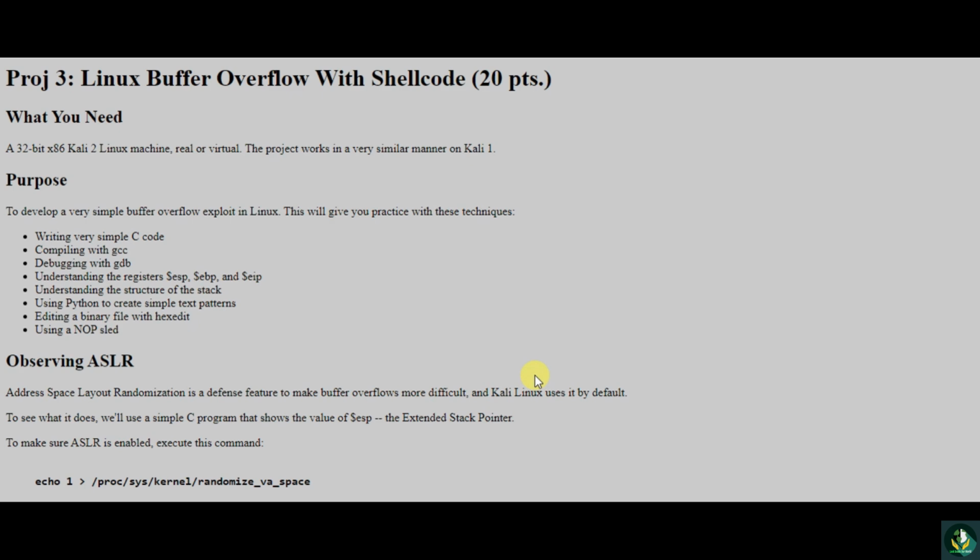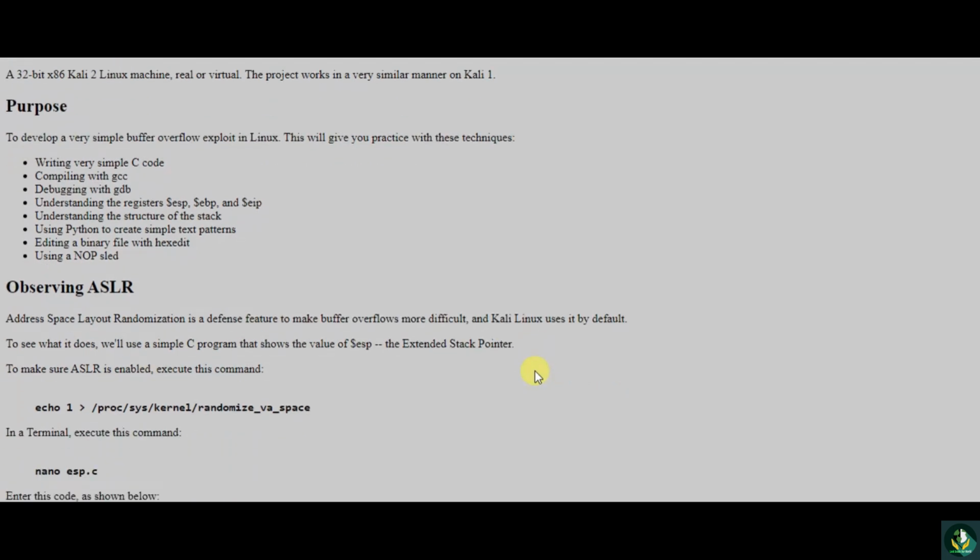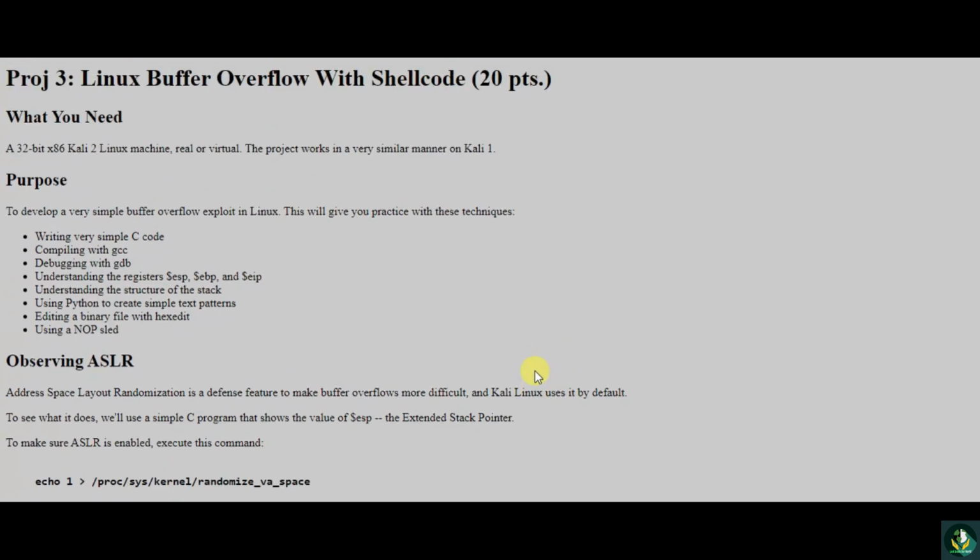Linux buffer overflow with shellcode. What you need: a 32-bit Kali Linux machine, real or virtual. The project works in a very similar manner on Kali. Purpose: to develop a very simple buffer overflow exploit in Linux, writing very simple C code, compiling with GCC, debugging